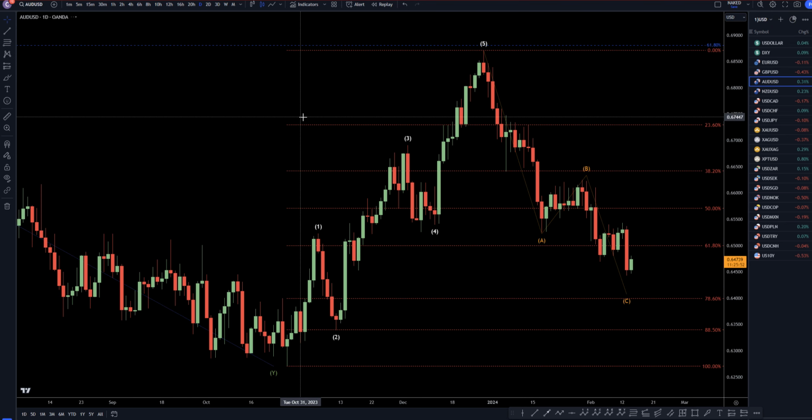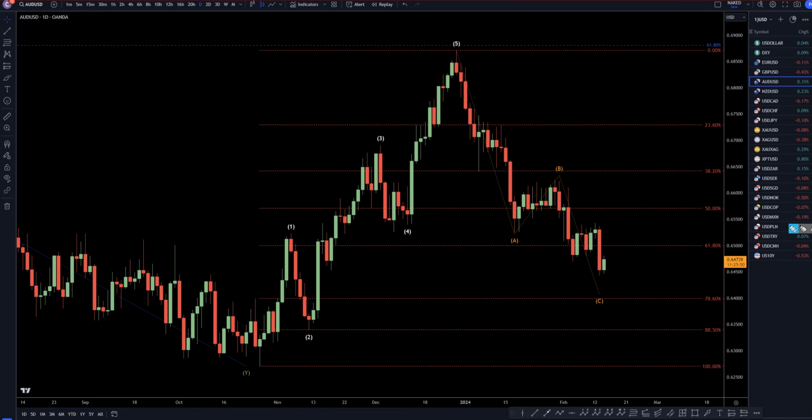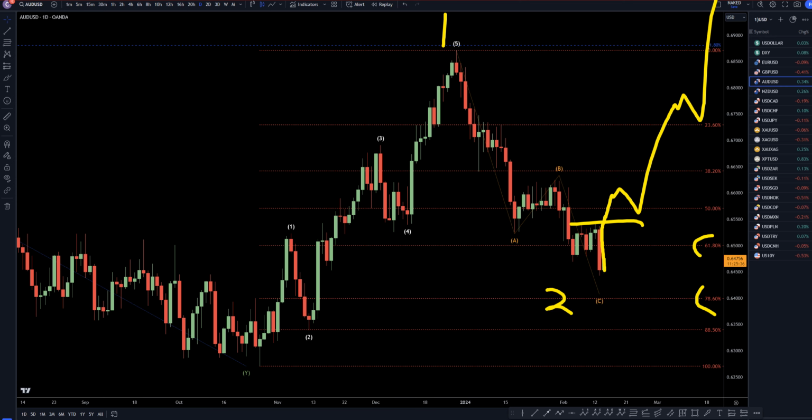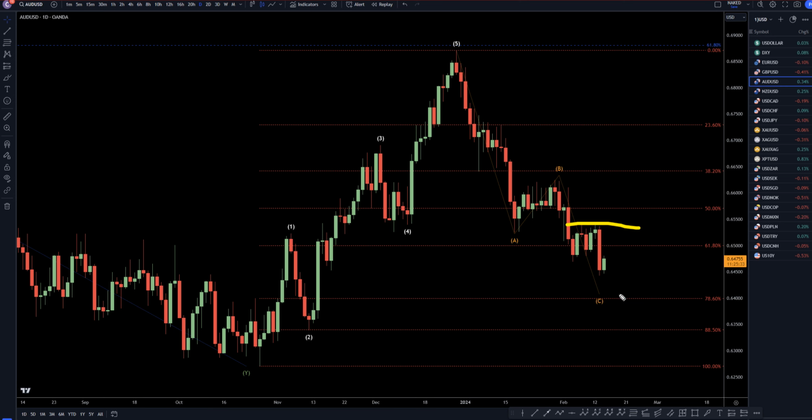So taking it down to the daily time frame, we're definitely still trending down as you can see, and we're kind of right in the middle of two fib levels. So I mean, if this does go up and if it does break structure, that is definitely going to turn me into a buyer and probably a buyer for quite some time because that most likely will tell us that the wave 2 is over. Now, unless I get that structure break to the upside, I am definitely continuing to look for shorts.